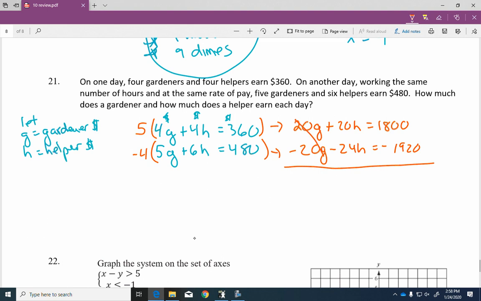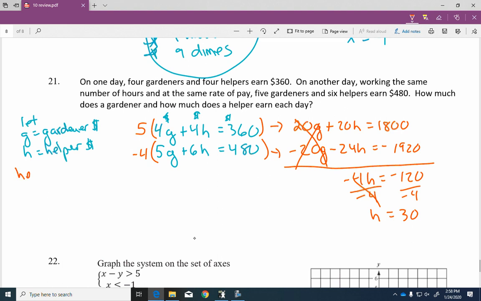And since these are opposites, they go to 0. Here I have -4H equals -120, and I divide both sides by -4, so H equals 30, which means